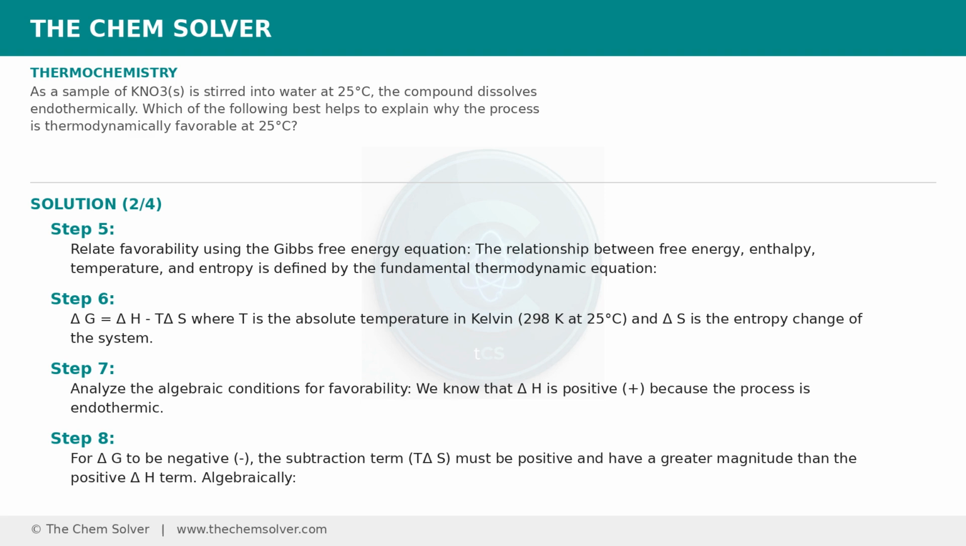Analyze the algebraic conditions for favorability. We know that delta H is positive, plus symbol, because the process is endothermic. For delta G to be negative, minus symbol, the subtraction term, T delta S, must be positive and have a greater magnitude than the positive delta H term. Algebraically,